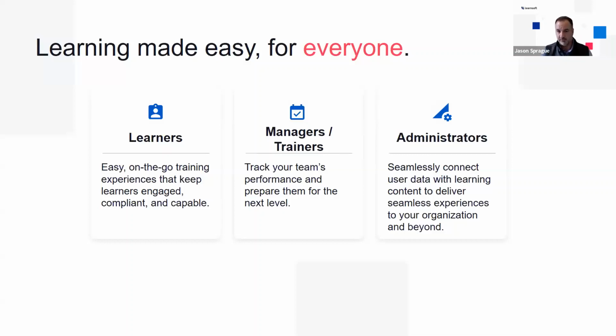Anybody can make learning easy for a learner. You click a button, it launches the course. You get an email, you go and do your training. That's the easy part of learning. What's harder is making it easy on managers, giving managers the views and the data they need to manage their teams on a day-to-day basis. What about trainers? Giving trainers the ability to see rosters of people, to see who's coming to their classes,